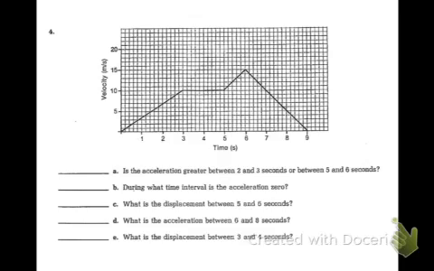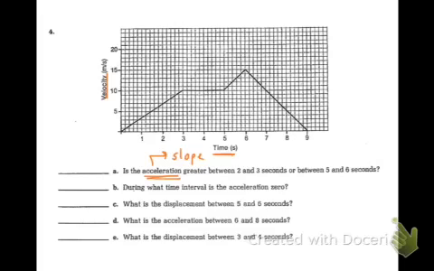So here's question 4. Looking at our graph, first thing we identify, it is a velocity versus time graph. Just make sure you know what type of graph that you are working with. Question states, is the acceleration greater between 2 and 3 seconds or between 5 and 6 seconds? So, things that you want to look at. If you had to determine the acceleration in a velocity versus time graph, that means that you are dealing with our slope,